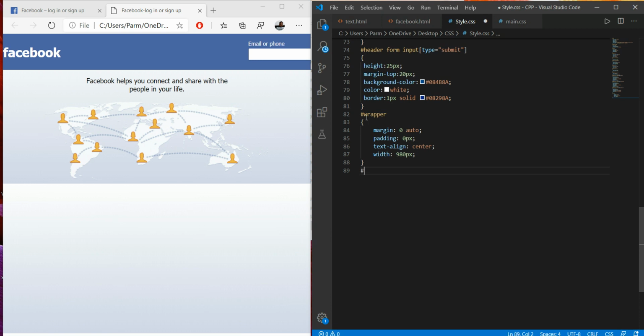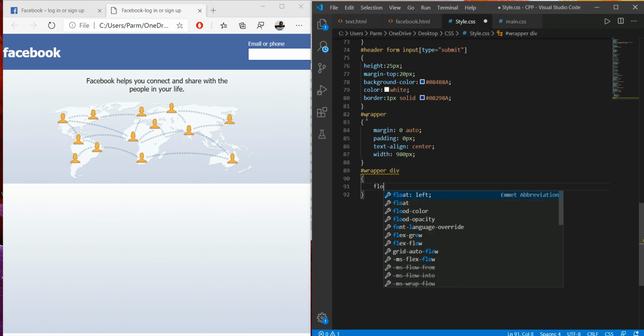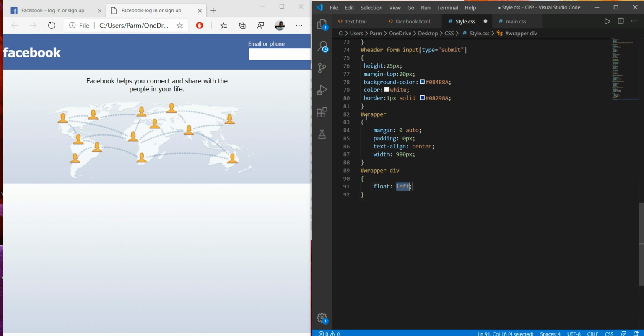I have written another div over here. So here I'm styling for that, and in this I just want to float it to the left.